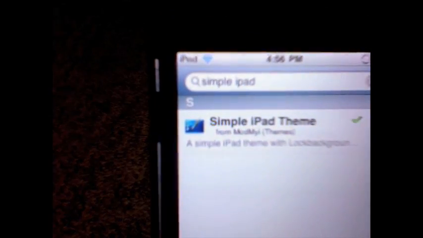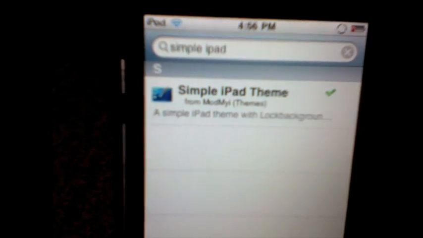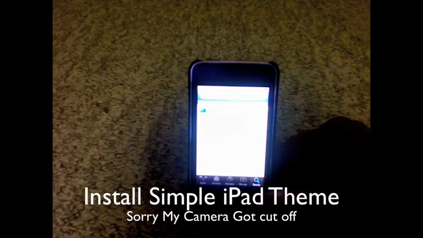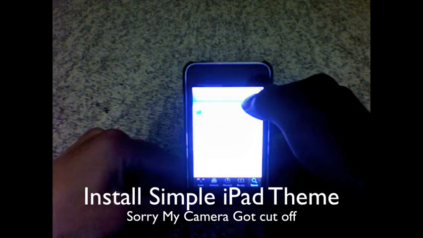search, and you want to type in the search bar simple iPad. It should bring you simple iPad theme. It should look exactly like this. Just simple iPad theme. You're gonna want to install that, and once that's installed, the next thing you need to install is